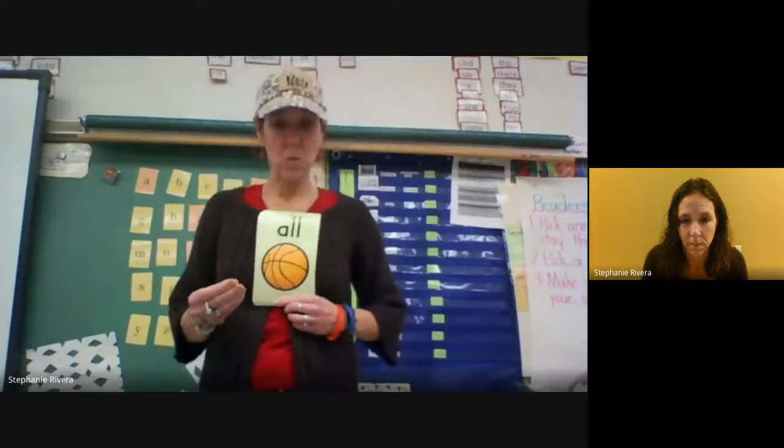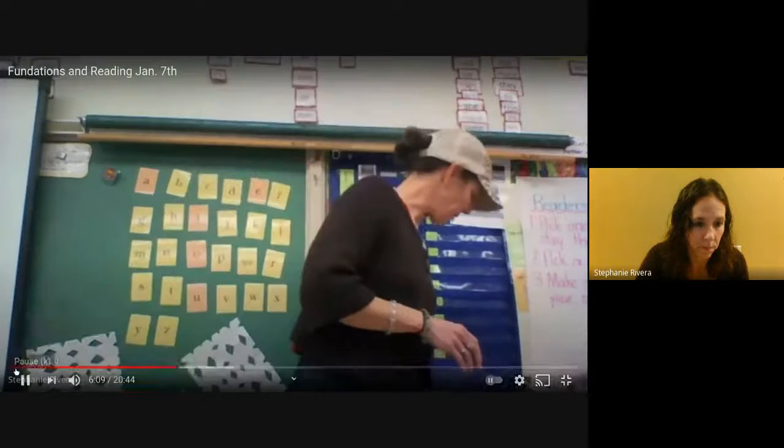We're going to keep working on our bonus letters and our glued sounds. This is an example of a glued sound. It is always glued together. We tap it together as one sound. All. One sound glued together. We know that this also has a bonus letter. It has the 2 L's in it. And we're going to keep talking about those. All right? So now, as I promised, we're going to look at